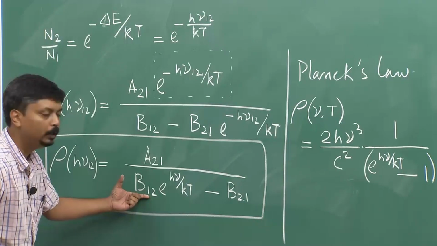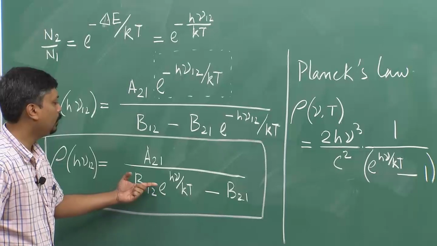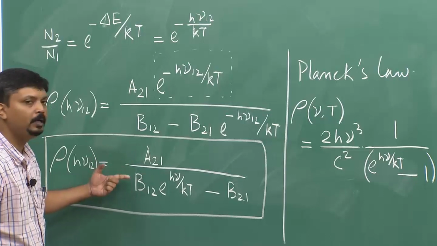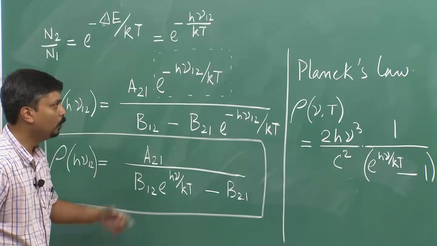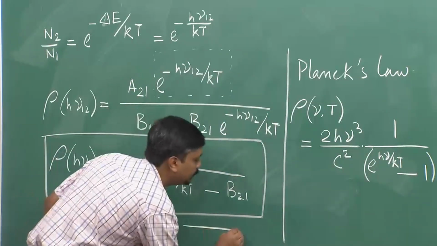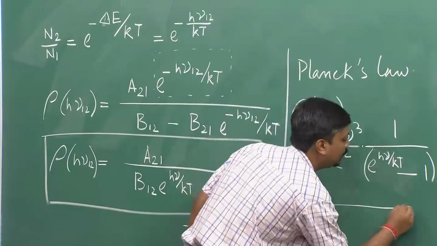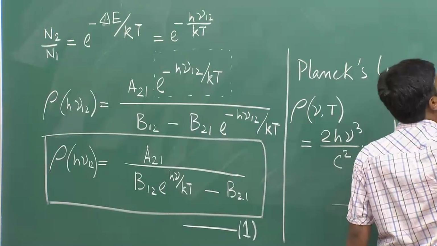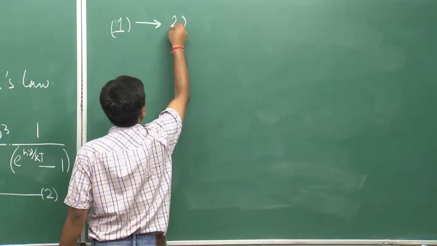B12 becomes equal to B21, and if A21 by B12 or B21 is a constant. So, let me mark this one. This expression I am putting as 1, and this Planck's one I am putting as 2. Then 1 goes over to the form 2